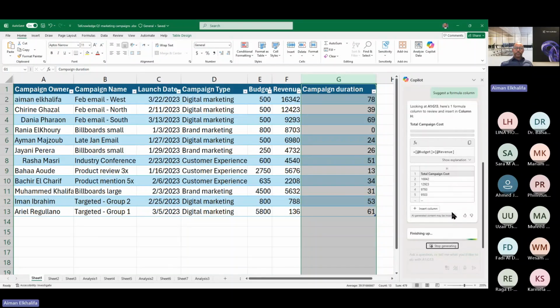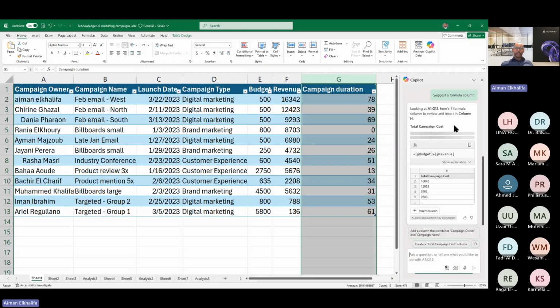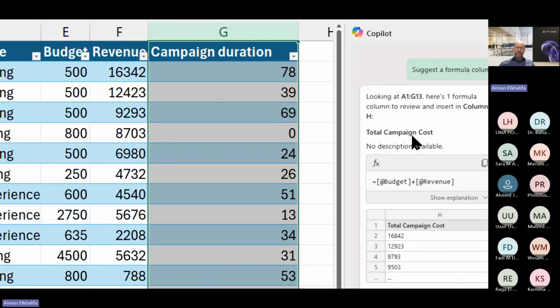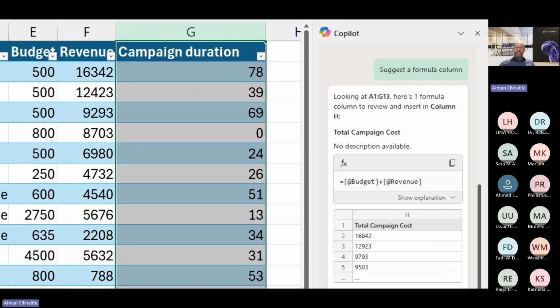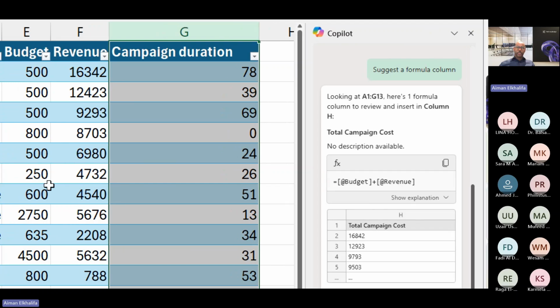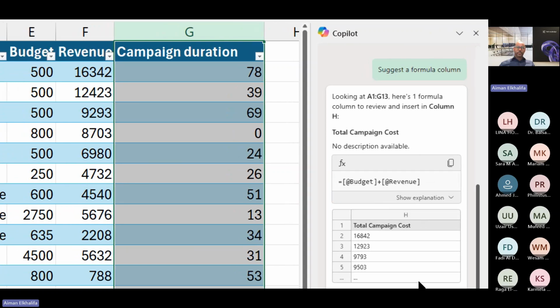There we go. Finishing up. It's working on it because it wants to explain to you what it did, right? So usually it explains it here, but for some reason it did not generate a description, but usually it does. So here it is, total campaign cost. That's the function that actually creates